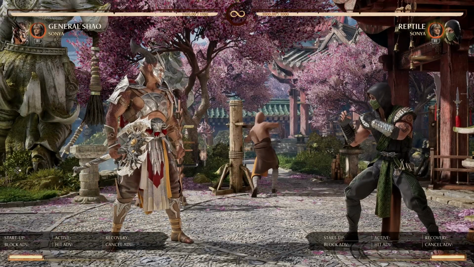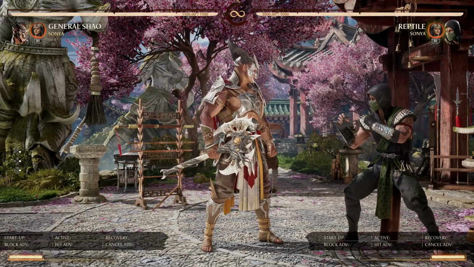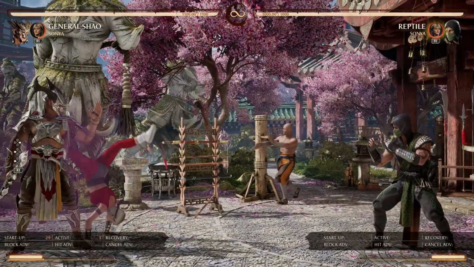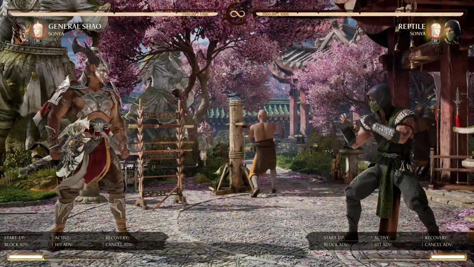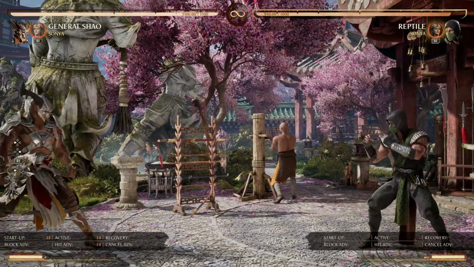All right, so another cameo that we can talk about is SHAO Sonya. This is the damage-heavy cameo. Yeah, she has a projectile, and it's actually not bad. If you charge it, it's a mid. If you don't, it's a high. So this is a decent